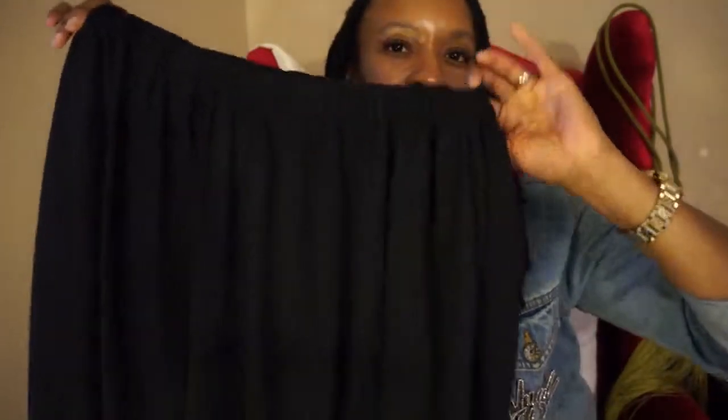The next category is clothing, and I actually only have one item in this category because not much stood out to me in the month of April, but these certainly did. And they are these awesome pants by Just Female that I got from one of my favorite boutiques called Perkin Bing, and they are very comfortable because they have this elastic waist and they're wide leg and flowy and long,